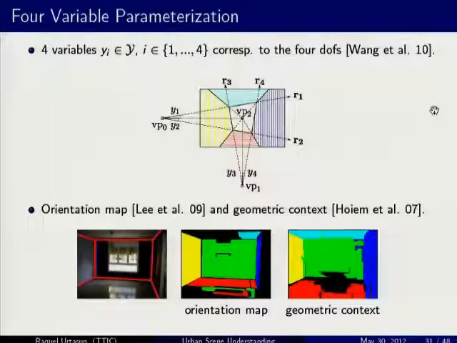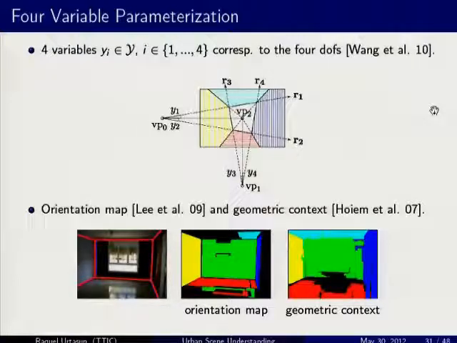Okay, so there has been multiple parameterization of this problem, and one of the parameterization that I think is very nice is that given the vanishing point, you can parameterize this problem with only 4 degrees of freedom. Okay, and now the second question was how you compute the image features for this.